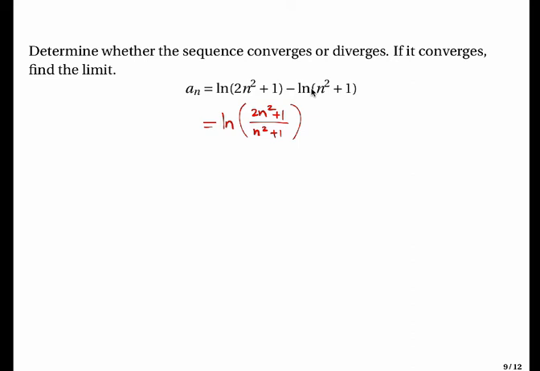And then the same solution as before. You can write this as (2n squared plus 1) divided by (n squared plus 1), times (1 over n squared) over (1 over n squared). And this is equal to ln of (2 plus 1 over n squared) divided by (1 plus 1 over n squared). Then again, those little details: if you want to get the limit of a_n,